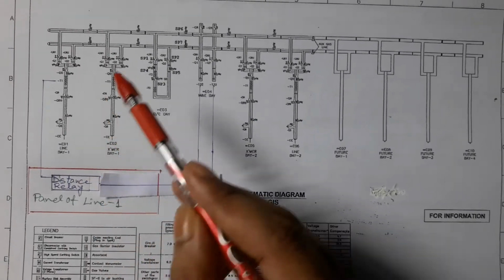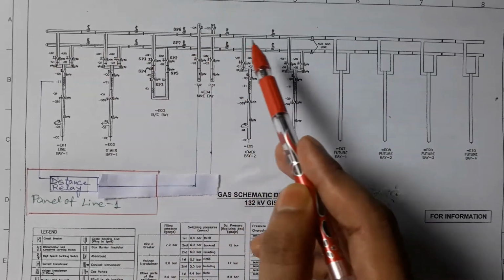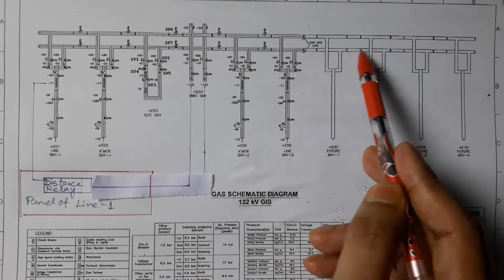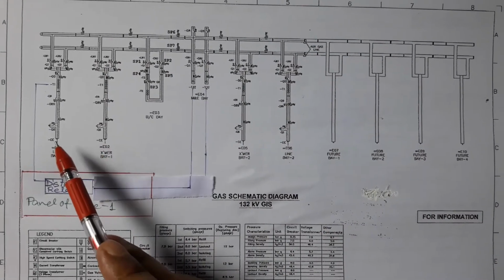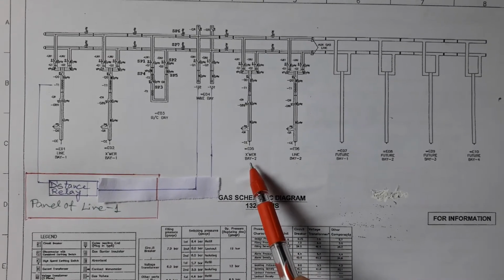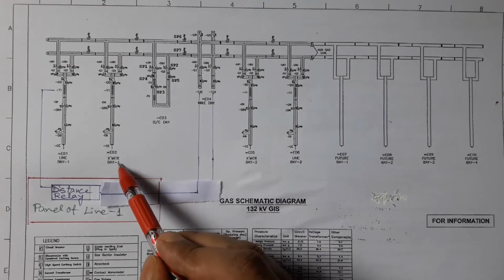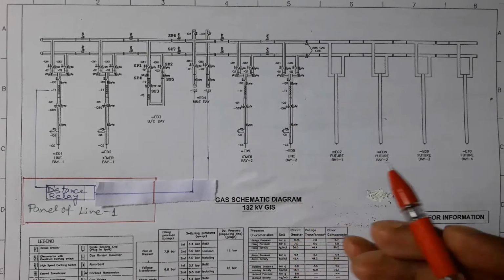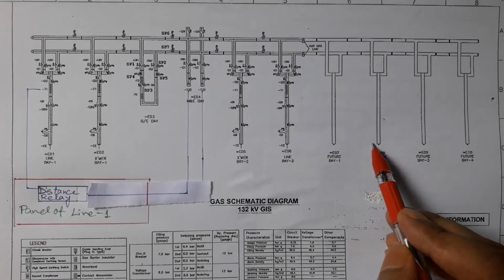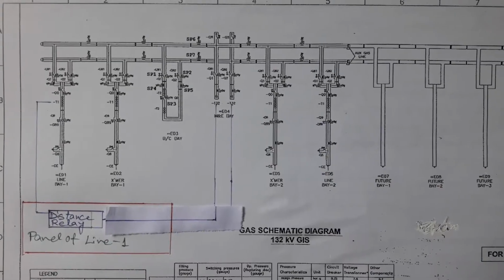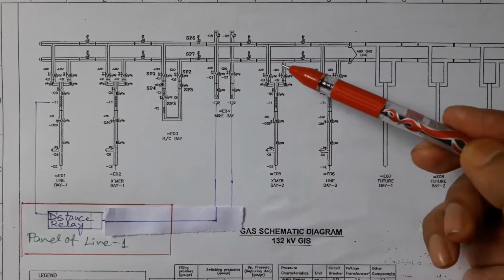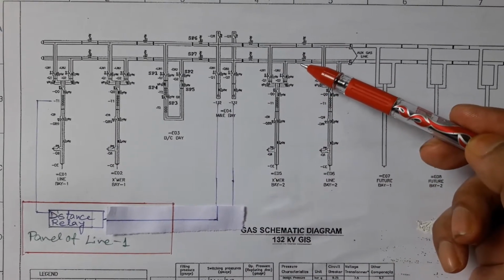This is a two main bus scheme where there are two main buses, main bus 1 and main bus 2, and in this substation there are two bays named line bay 1 and line bay 2, and two transformers, transformer 1 and transformer 2, and there are also four future bays, and the arrangement is such that any bay can be connected with main bus 1 or main bus 2.